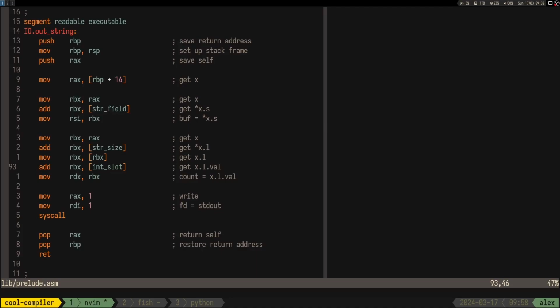So we just move it into RSI, and then for the length it was a bit more tricky, but what I did was kind of similar. We get X again, then we get the pointer to the L attribute, which is of type int. It's like an object, but it's still a pointer. So the next thing we have to do is dereference it. So we do just that on the next line, and now on the next spot we have to get the